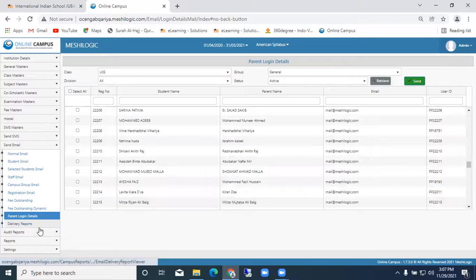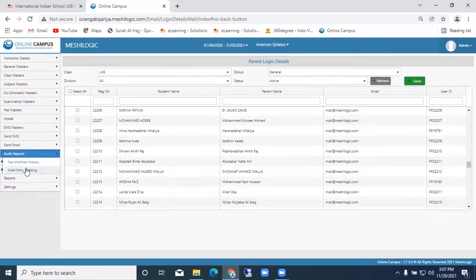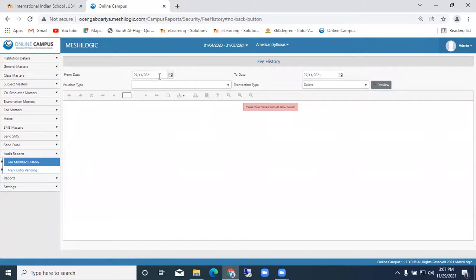Next, coming back to the audit report. The fee audit report modification: who has done the modification in the fee, and who has given the discount in a particular area. What is the collection: only fee collection, miscellaneous collection, advance collection, registration collection, discounts. In this way we can easily find out.